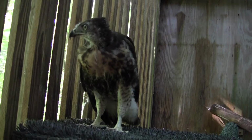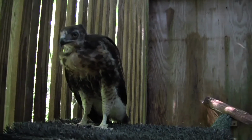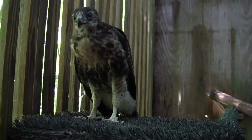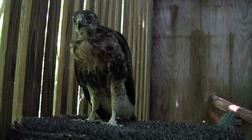Okay. See, you can get a better idea of their physical state when they're out somewhere able to move around more. You can see their gait and their posture and...